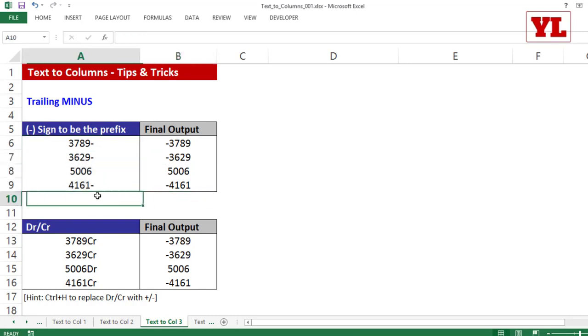At this moment, if you intend to apply a sum formula on these couple of numbers, you will not get the correct result. Why? Because Excel is not able to identify the three numbers where the minus is at the end as proper number. So what do? I'm not going to ask you to write a very elaborate formula which extracts the minus sign and put it at the prefix. No. What I'm going to do is ask you to choose this data as it is, one